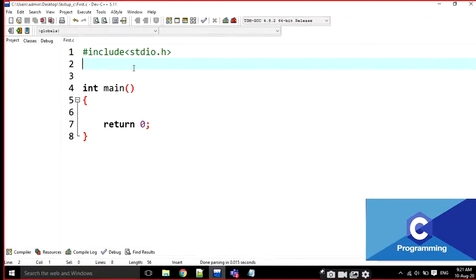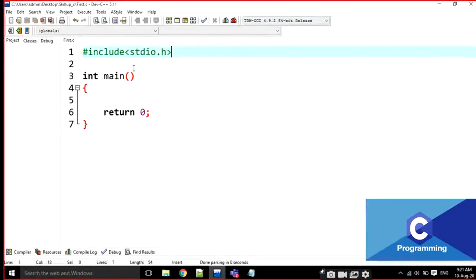In C program, the standard input function is scanf, and the standard output function is printf. The scanf function is used to read input from the keyboard, and printf is used to print the data to the console. I will show you that these two functionalities are placed in this header file.